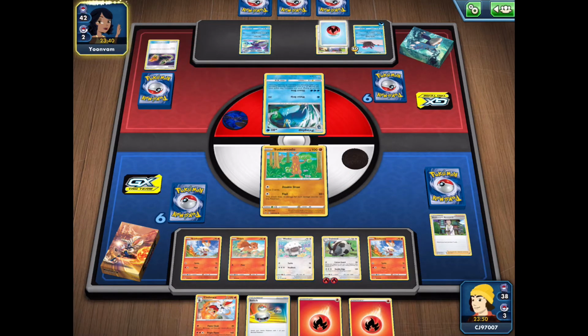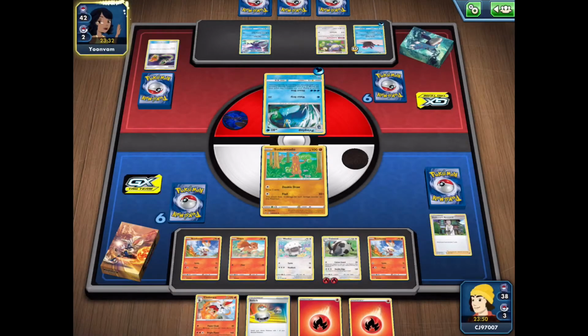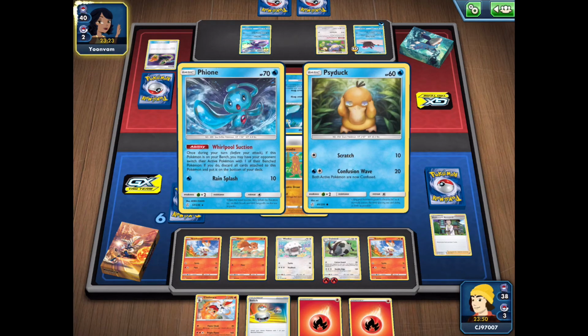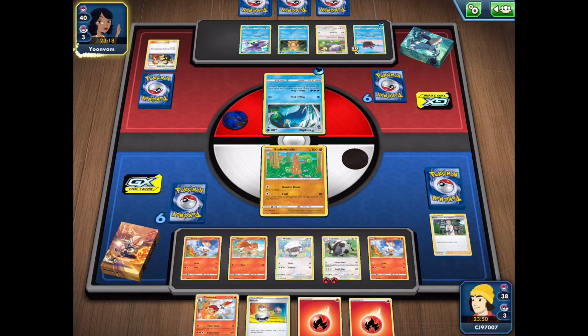My opponent is going to be getting the switch though into the Prinplup, and attaching energy to it. They have the Pokemon Fan Club. This play kind of tells me that they have the Empoleon in hand already, so I'm definitely going to be taking advantage of this and getting a knockout with our Dubwool before my opponent is able to get the Empoleon